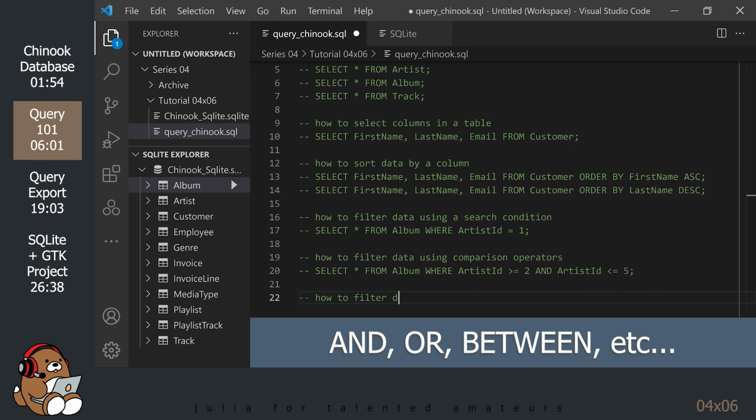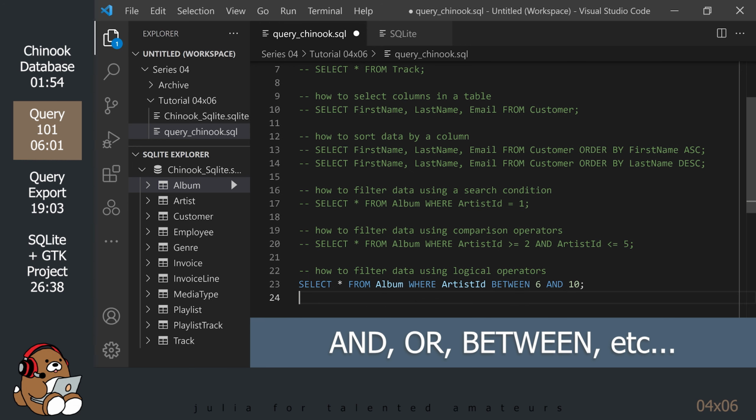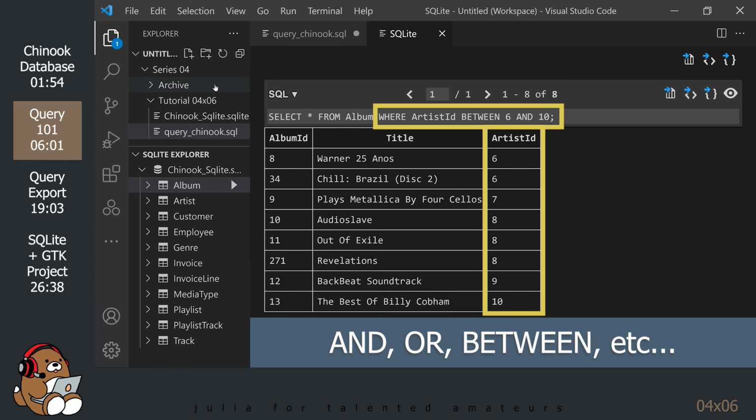Alternatively, you can filter data using logical operators. So that's not too bad.